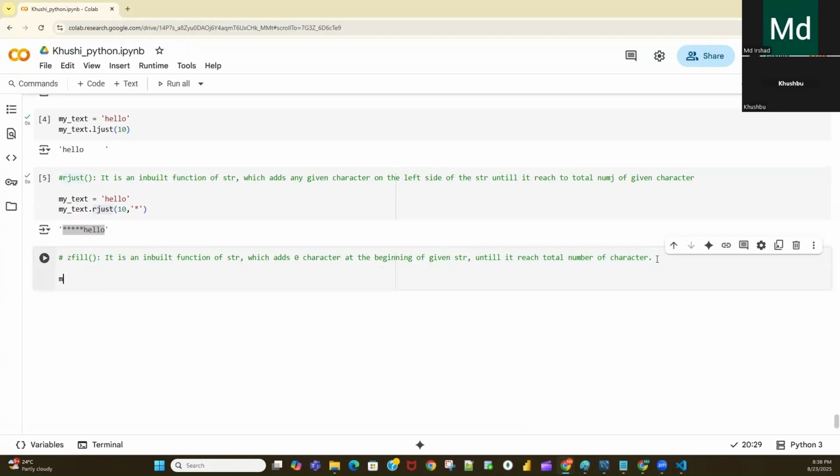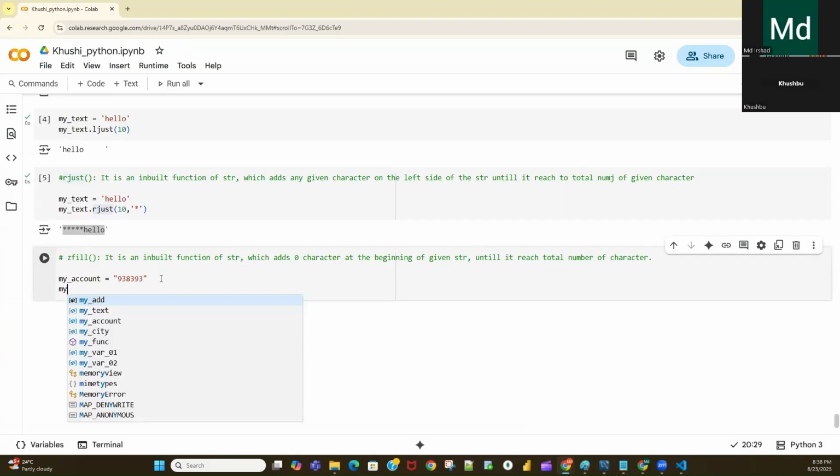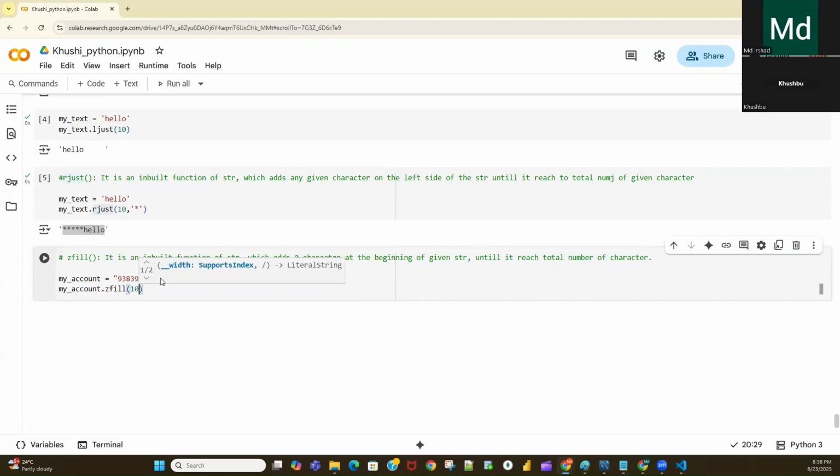For example, let's say I write my account, and I want the account to be 10 digits. So here I'm writing 98 something. This is my number, and I want to make it 10 digits. So I will write my account dot zfill, and I will write 10. What will this zfill function do?